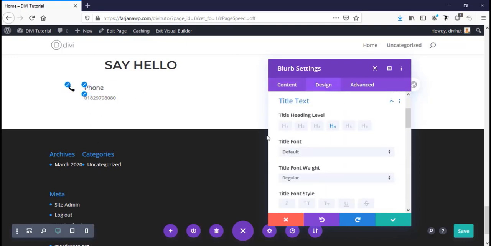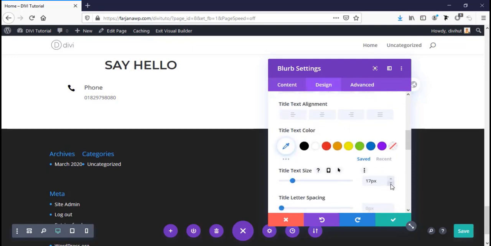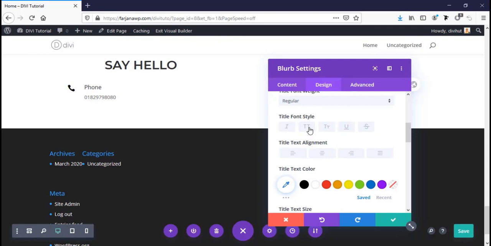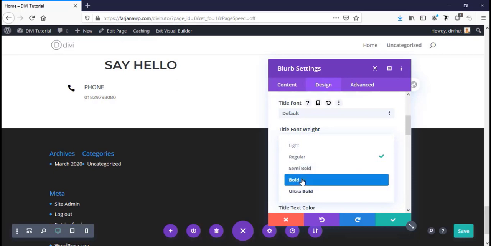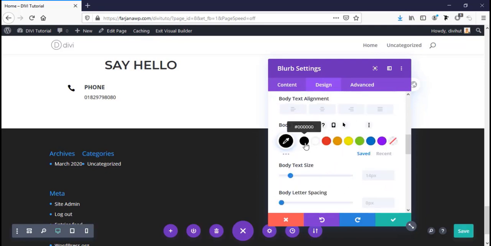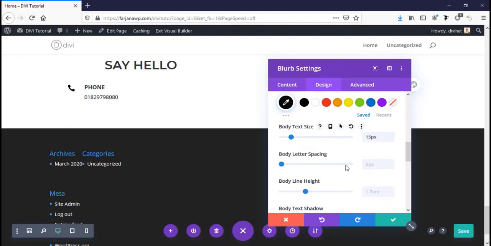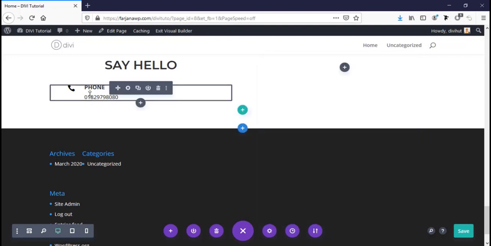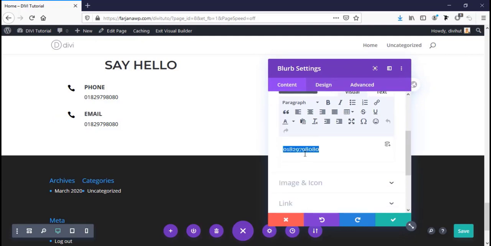And for the title we can also make the text size smaller, making it uppercase and bold. And the phone number we can make darker and increase the font size. Yes, now save it and just duplicate it, and here we can make it email, and here I'm adding my